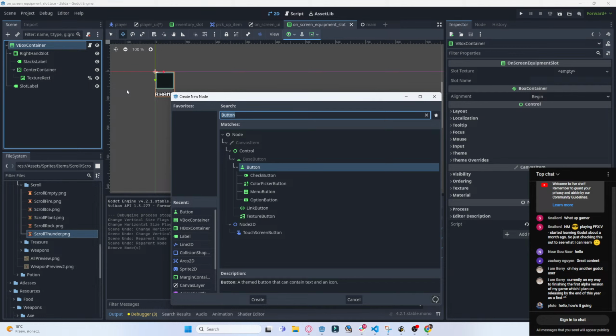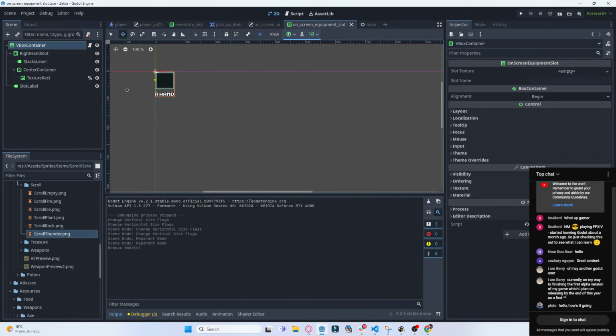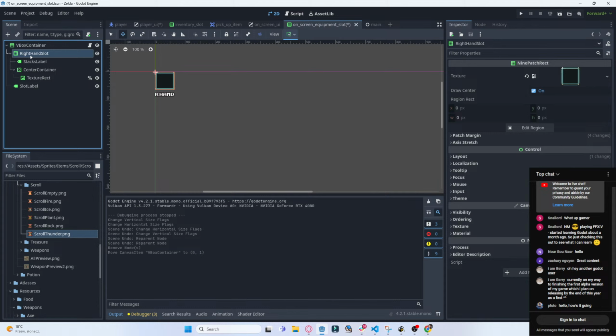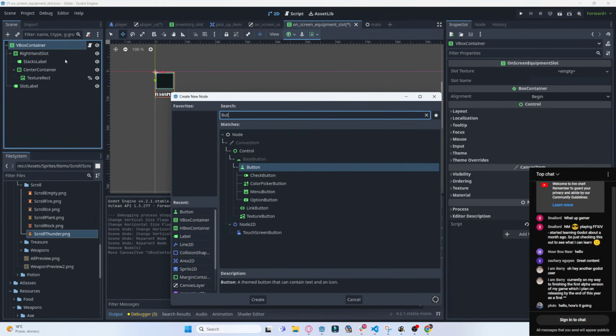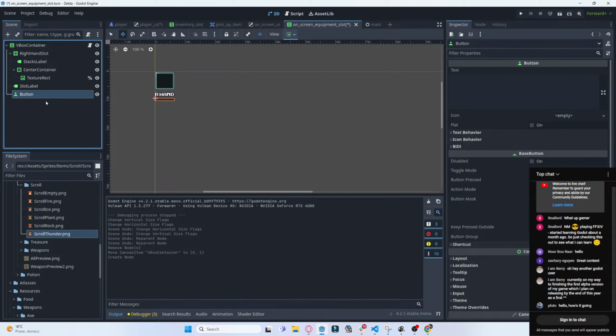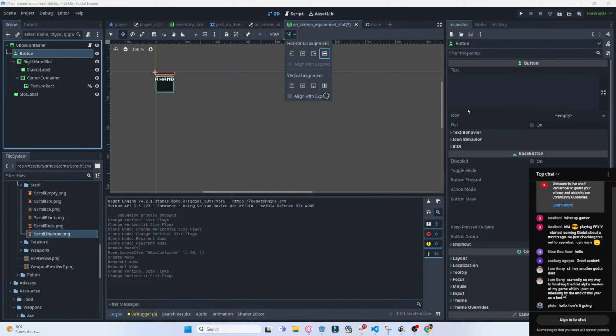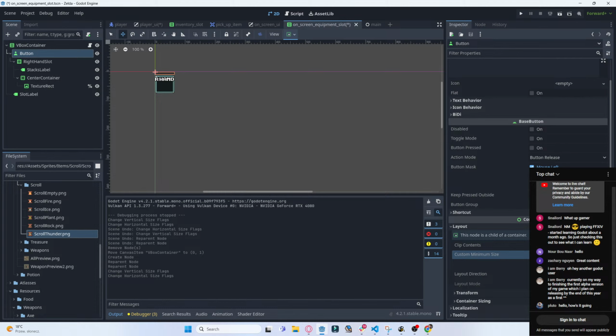Let's think. It's a VBox container. It'd be easier if we could just make this clickable, which is not easy. We will figure this out. I'm doing a button. I'm making you the parent of the button. I'm changing your layout